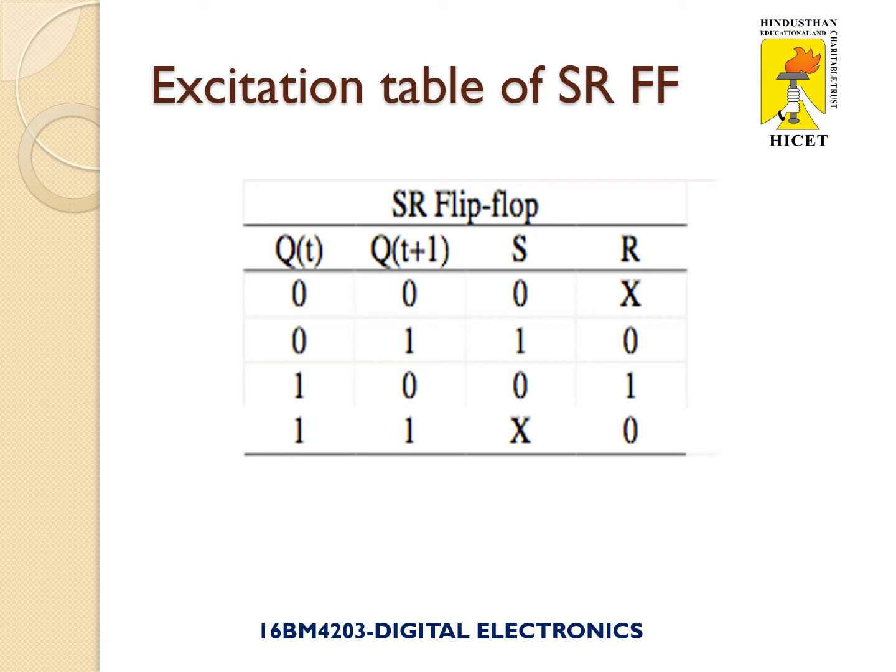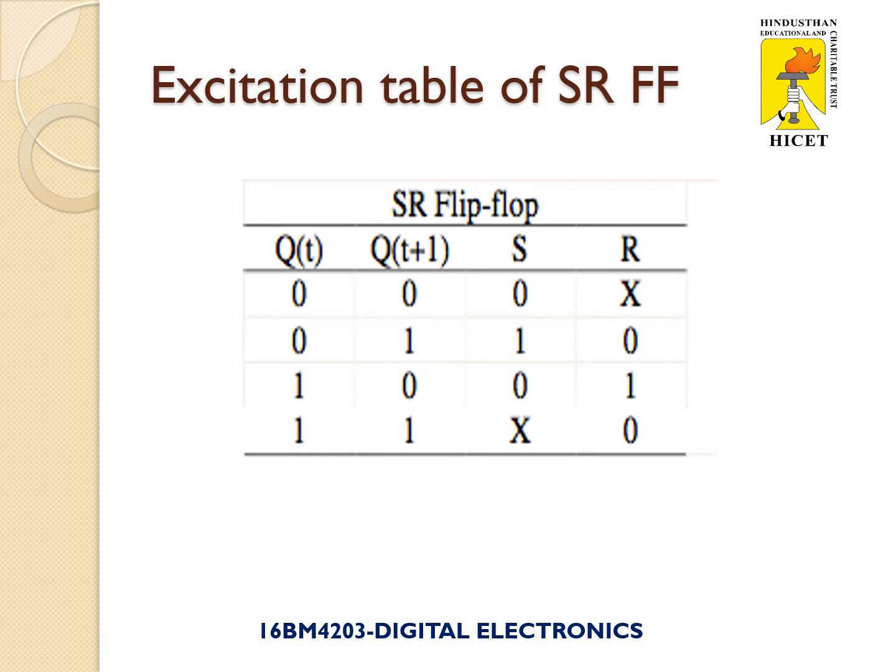So 0, don't care. Similarly, analyze the 0 1 state of present state and next state. If you analyze, we have only one state of that kind. So the corresponding flip-flop input is 1 0. Then analyze the 1 0 state of present state and next state. We have only one state. Then the corresponding flip-flop input is 0 1. Then if you analyze 1 1, we have two states in the expanded table. If you analyze these two states, in both cases the R value is the same but the S value is different. So the S value is replaced by don't care. This is the development procedure of the excitation table.